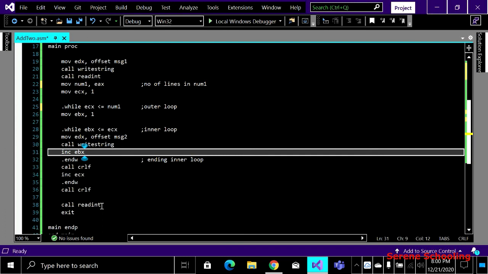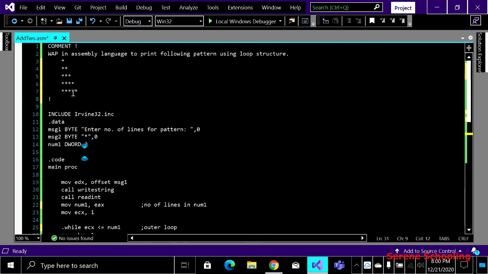So I hope that you have gotten this concept that we are dealing with 2 registers, one for columns and one for rows, because we have examined this pattern: in which row we need how many columns, in this row we need how many columns, right? We have examined it, and then according to that we used our 2 registers, and we made sure that the number of columns did not get greater than the number of rows, right? So we have performed this using the while loop structure.